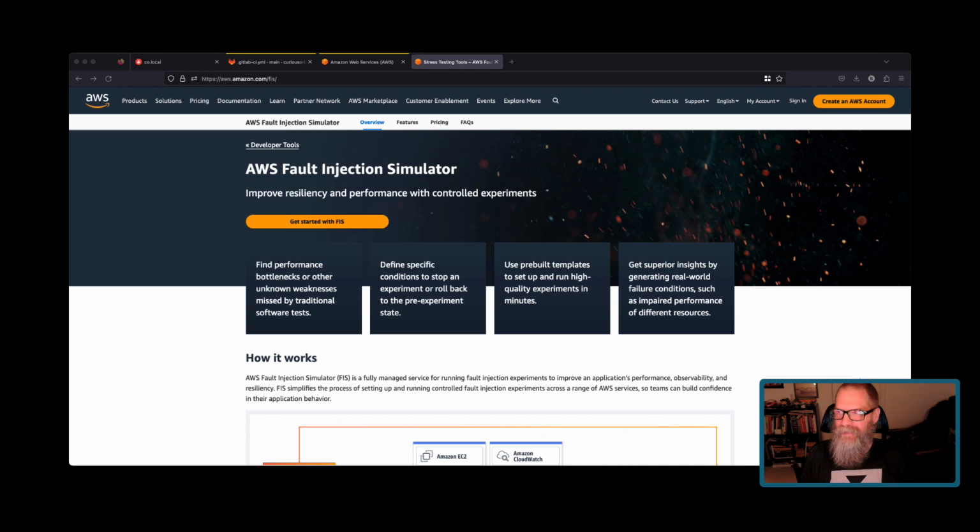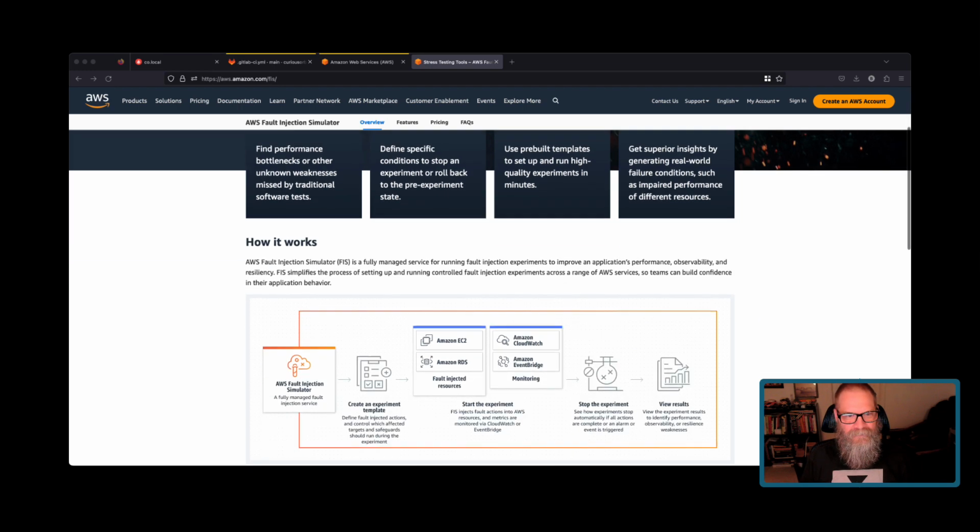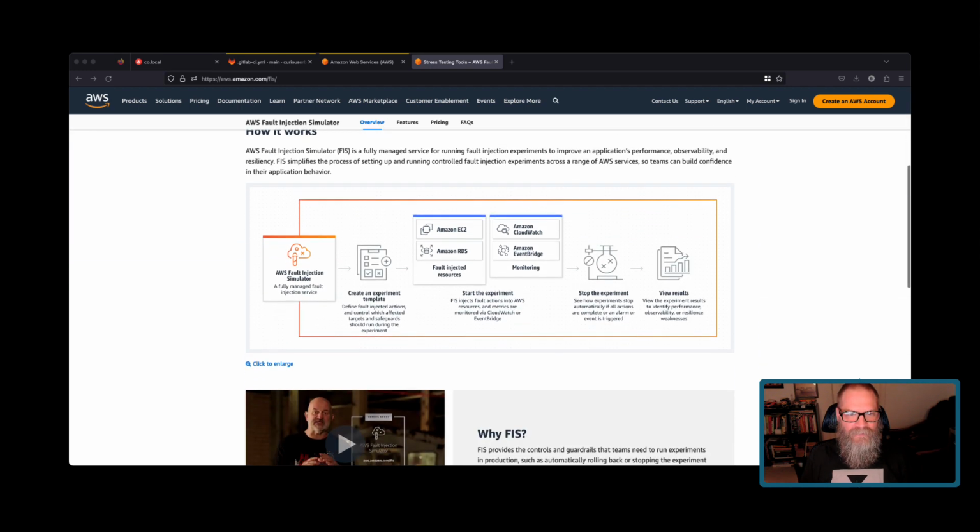Anyways, what we're going to do tonight is work on an AWS service that I've been interested in trying out for a while now. It's called the AWS Fault Injection Simulator, and the idea is we can run controlled experiments to test the resiliency and the performance of our environment. So this is how it works, right? What we do is we create what's called an experiment template, and that template is then basically executed against supporting